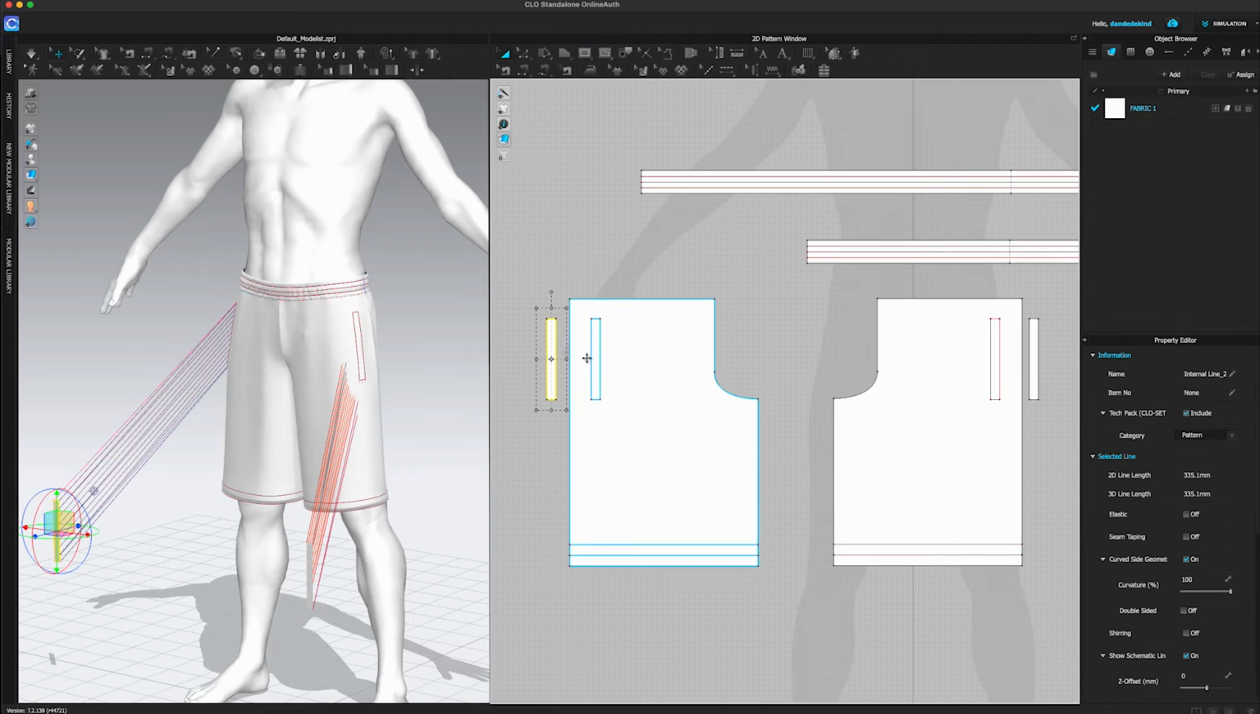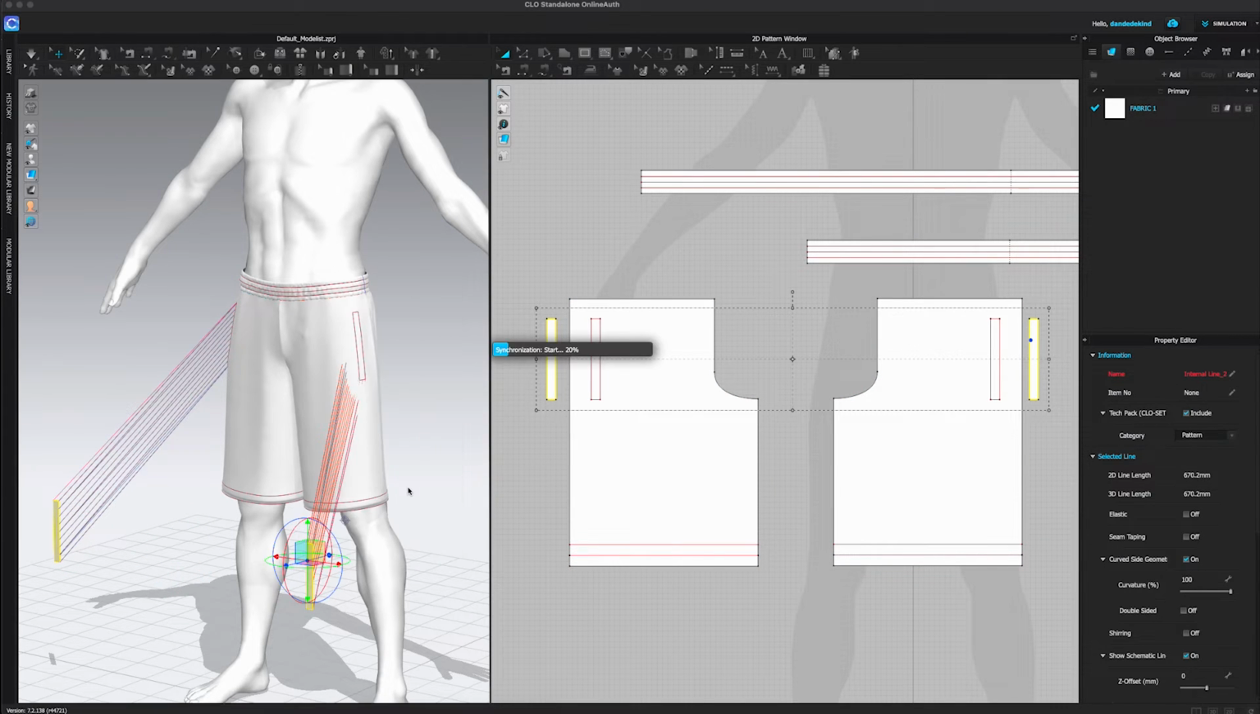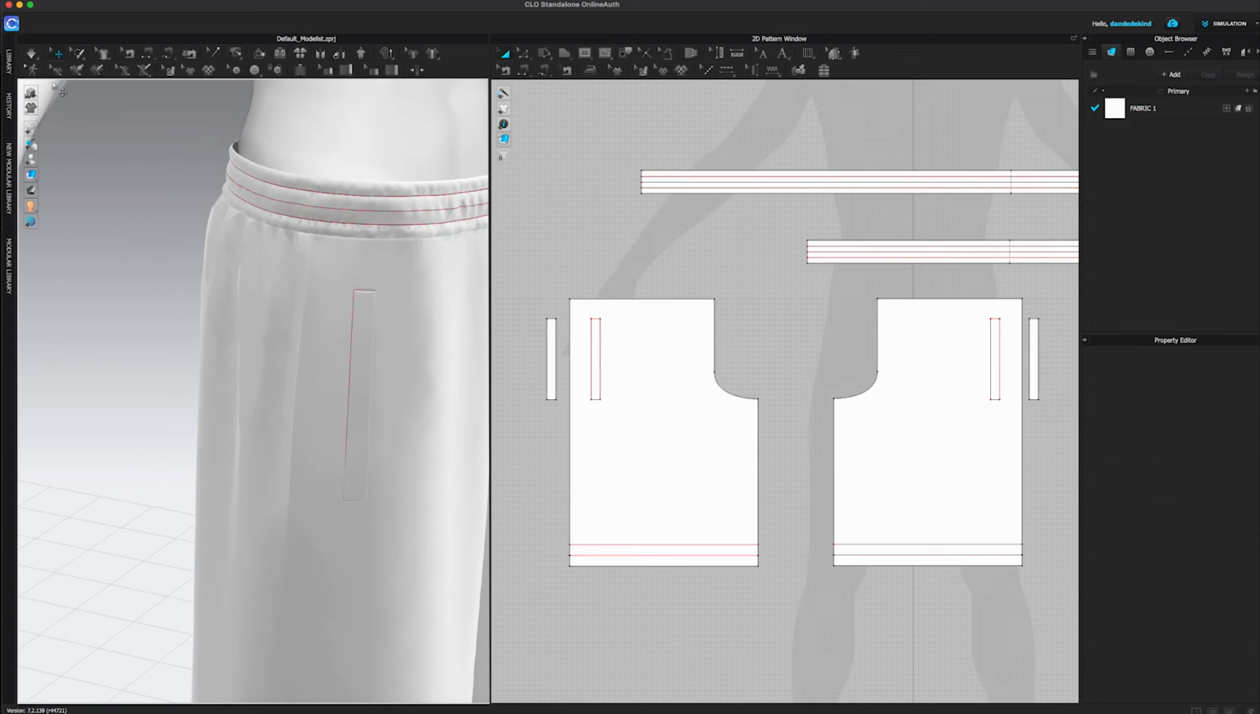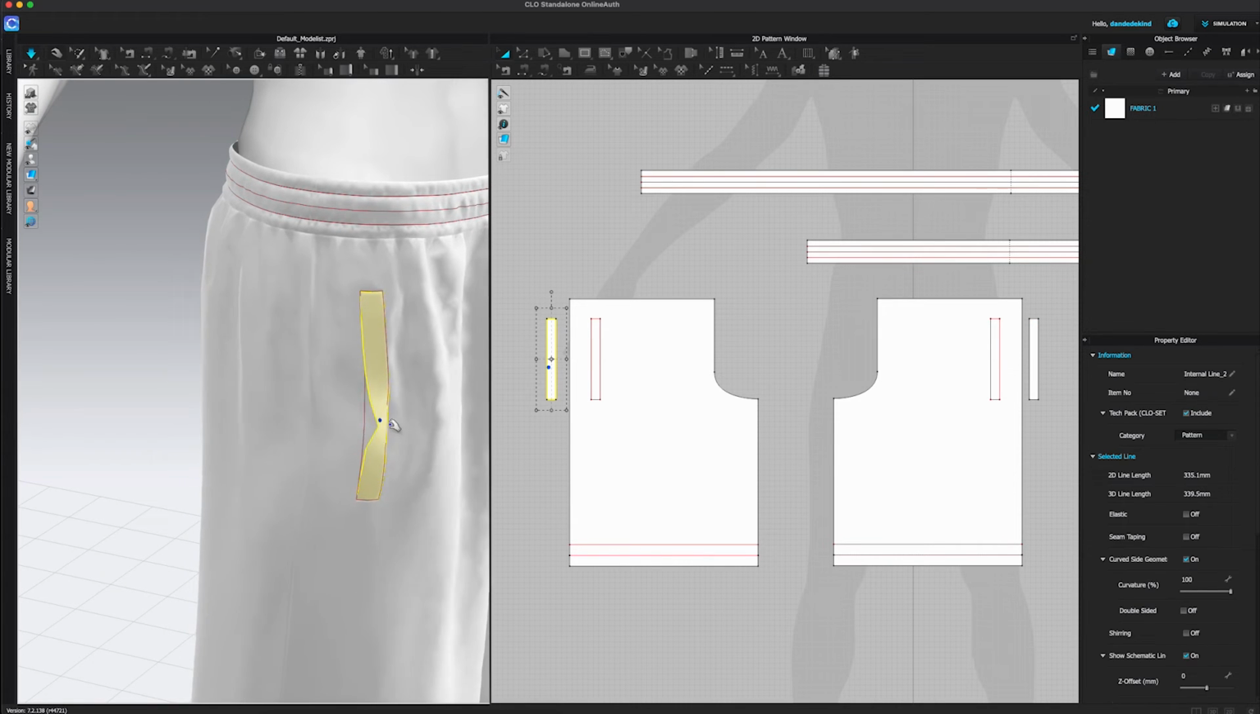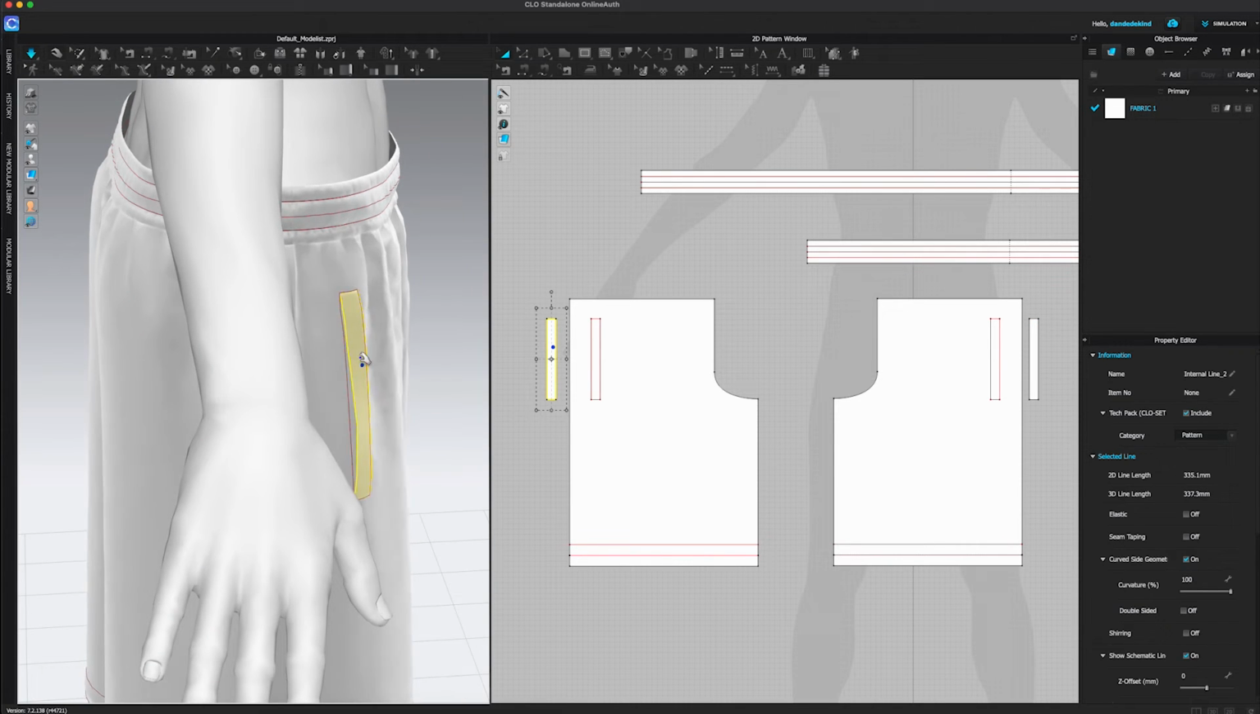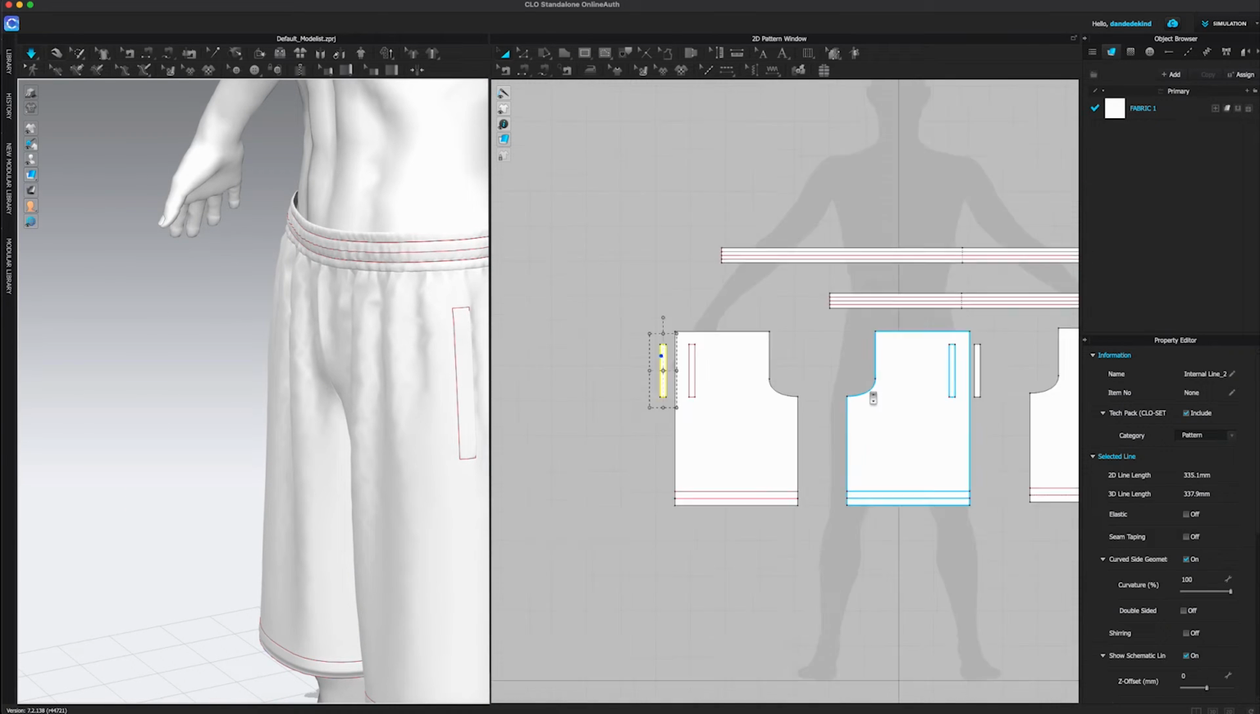Then we're going to click on both of these clone patterns, right click in the 3D window and say superimpose over, and hit simulate. You'll now see that we've kind of got this little fake pocket going there. Okay, the next thing, we've got a little bit of a back pocket here, so let's go to the back